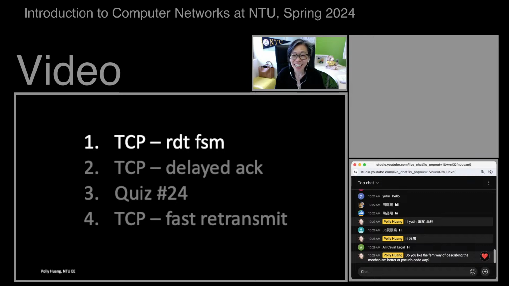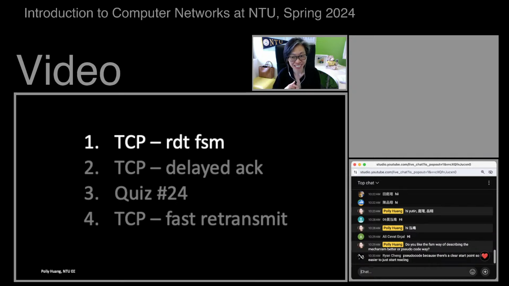All right, guys, this is a sudden poll. Do you like the finite state machine way of describing the mechanism better, or the pseudocode way? Okay, Ryan, you're on campus, I know, very fast. Okay, guys, tell me, FSM or pseudocode, which way do you like better?